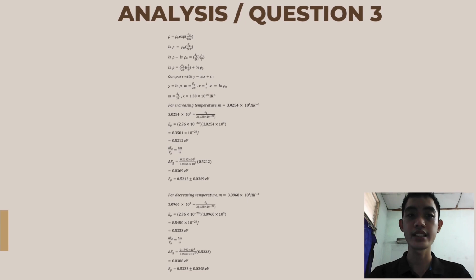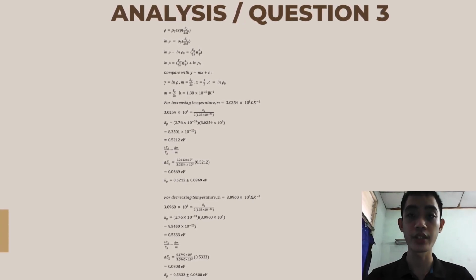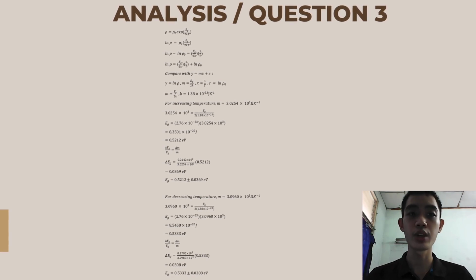Last but not least, we need to find the energy band gap of the germanium semiconductor by using the equation of rho equals to rho naught exponent Eg, energy band gap, over 2kT. We will take the ln of both sides to cancel the exponent and move the rho naught to the opposite side of the equation. By rearranging the equation into y equals to mx plus c form, we will get ln rho equals to